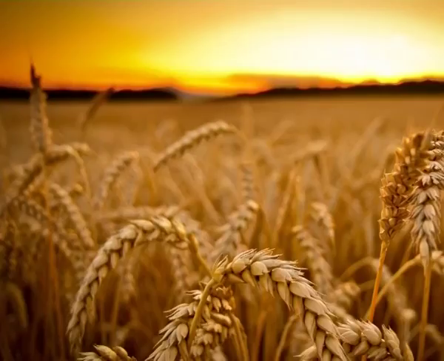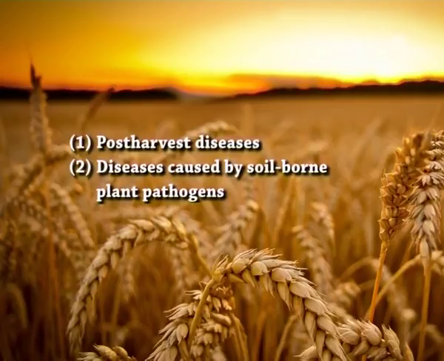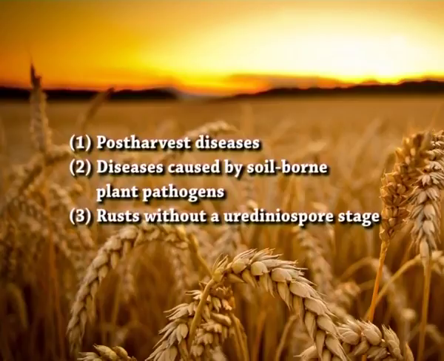In general, there are three types of plant diseases that tend to produce only one infection cycle per host. The first is the post-harvest diseases. The second is diseases caused by soil-borne plant pathogens. And the third is rusts without a urediniospore stage. Post-harvest diseases. Not all post-harvest diseases produce monocyclic epidemics, but in many cases the infections that result in storage rots